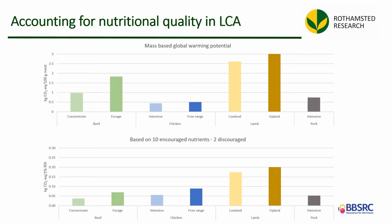At this point, you may be asking yourself, where does this nutritional component fit into a carbon footprint or a wider environmental footprint analysis? Well, on the top of your screen, you can see how mass-based global warming potentials for all major meat commodities in the UK look. And this is taken directly from the Science study published in 2018 that I mentioned at the beginning of my talk,